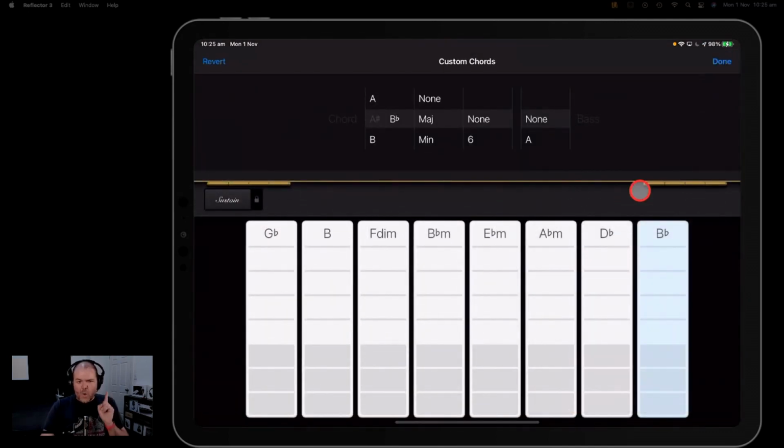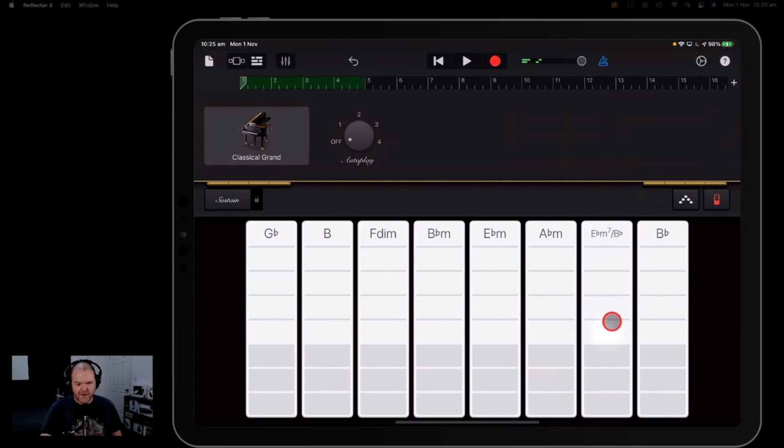And now we can put all kinds of wacky chords. So the first thing you do is choose which chord you want to replace. So let's just say I didn't want to use a D flat in this at all, but I wanted to use a variation on E flat minor. I wanted to do a slightly different sort of E flat minor. So what I'm going to do is grab E flat, we're going to grab minor, and let's say we wanted an E flat minor 7th, but with the bass note being a B flat. We can do that, and we can now create that funky looking chord there that I wouldn't know how to play on a keyboard, not a chance, but